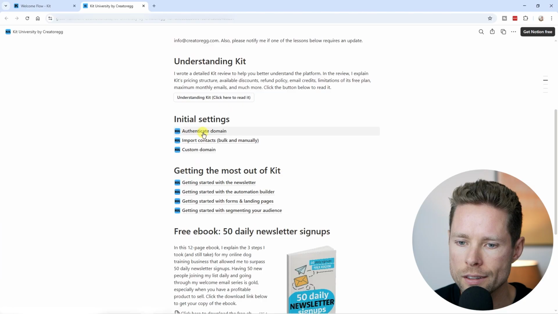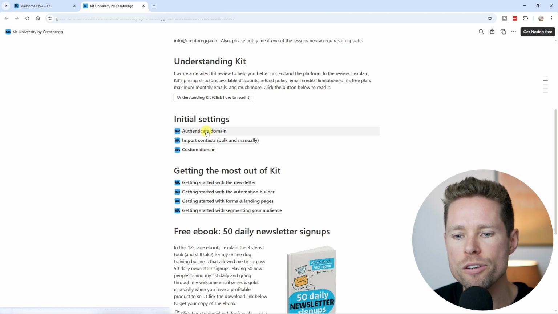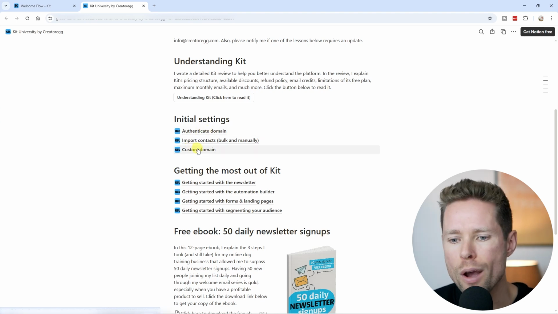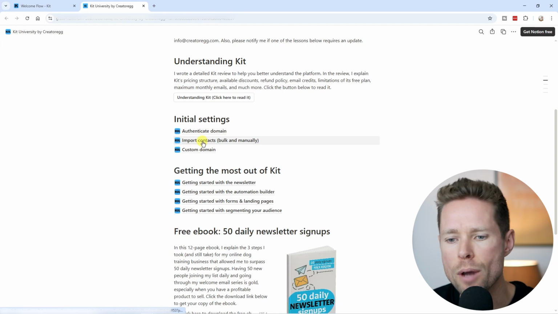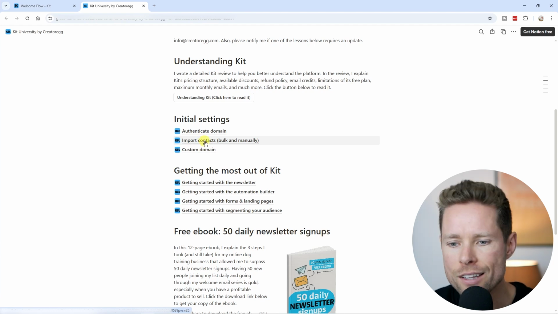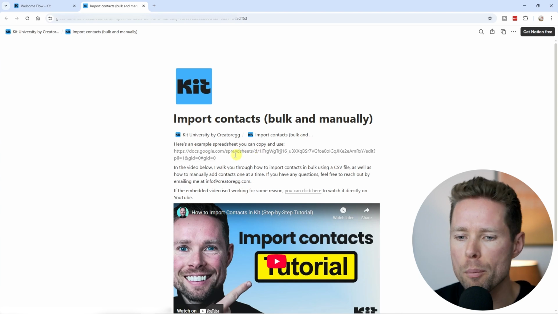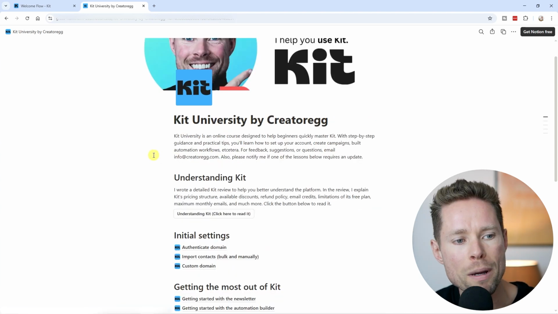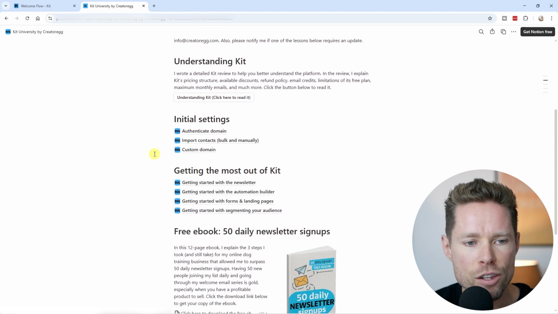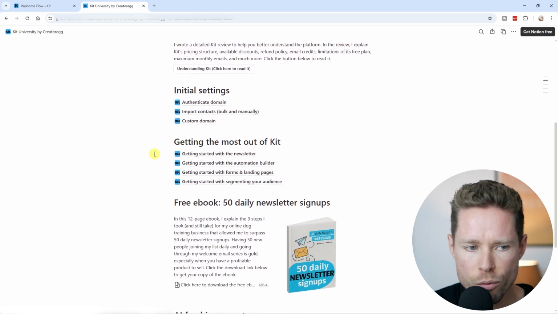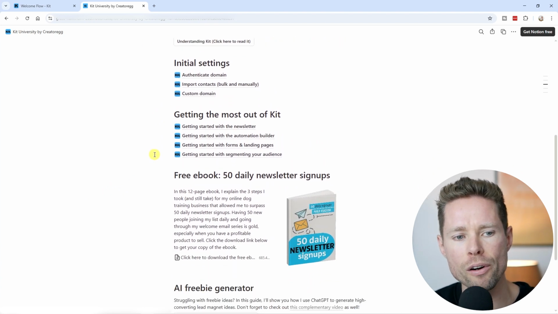So what are the next steps? We've just covered getting started with Kit's automation builder. Now I would like to help you authenticate your domain in Kit. I want to show you how to add a custom domain. I want to show you how to import your contacts into Kit. In the Kit course, you can find an example spreadsheet you can copy and use when importing contacts. Basically, I want to show you everything Kit can do, and this includes using the form builder, the segmentation builder, the landing